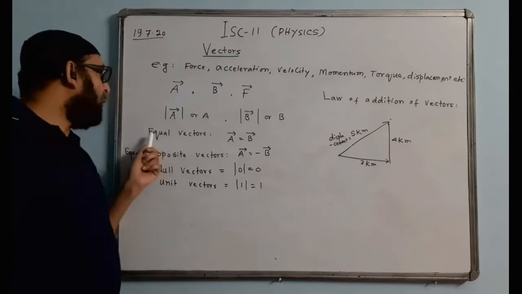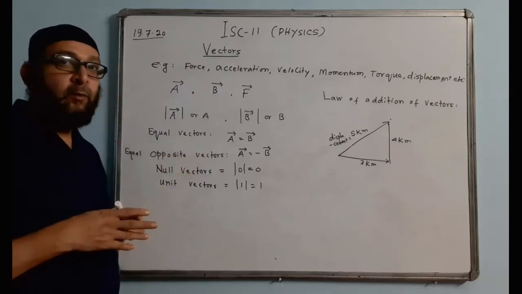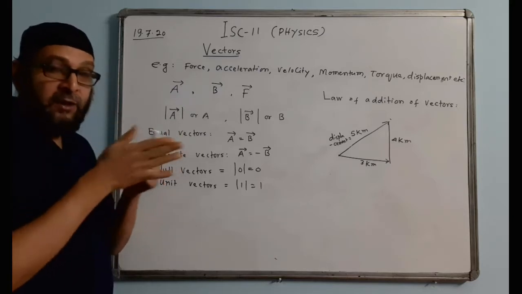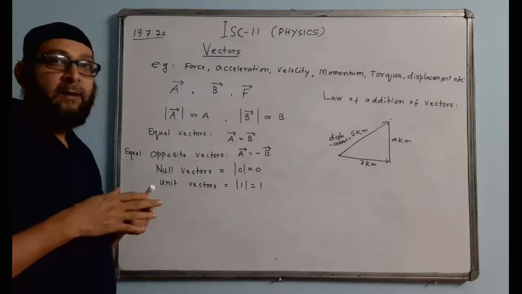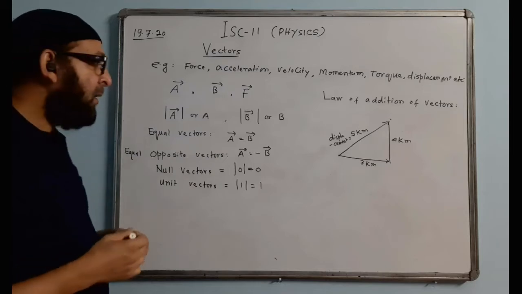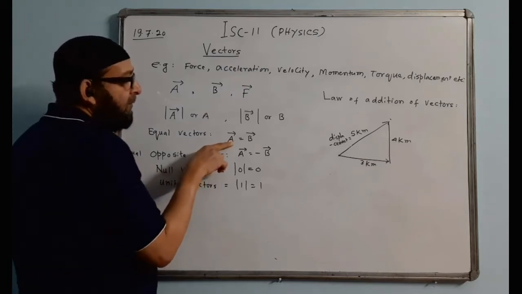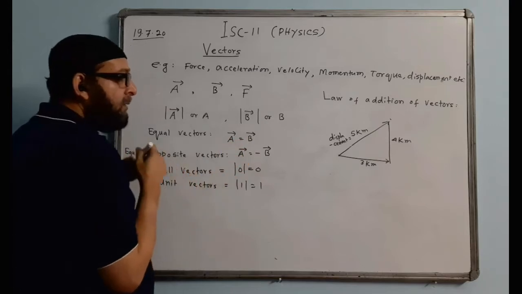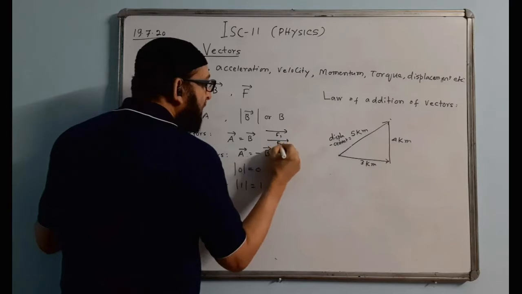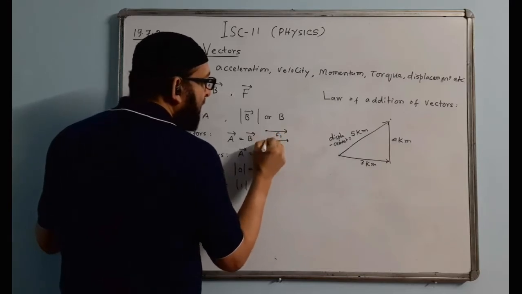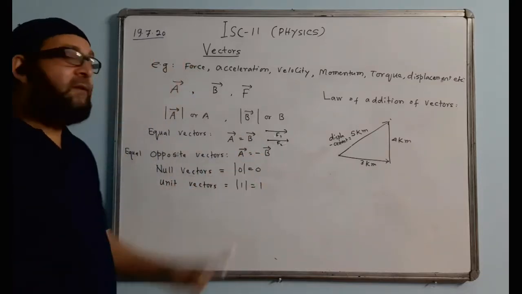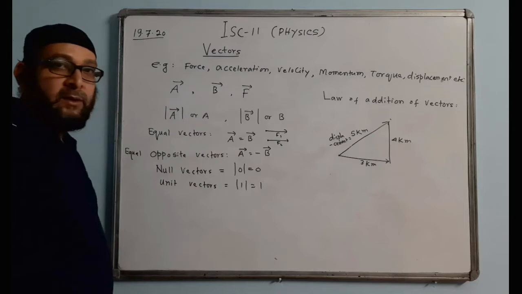Now, what are called equal vectors? Two vectors are said to be equal when they have the same magnitude and the same direction. When the two vectors act in the same direction having equal magnitude, we call them equal vectors. For example, we denote by this sign, vector A and vector B are equal. That means suppose force F1 is acting like this, F2 is also acting in the same direction and having the same size. You can check the size of this and this, I have taken equal. Maybe this is 50 Newton, this is also 50 Newton, so they are called equal vectors.